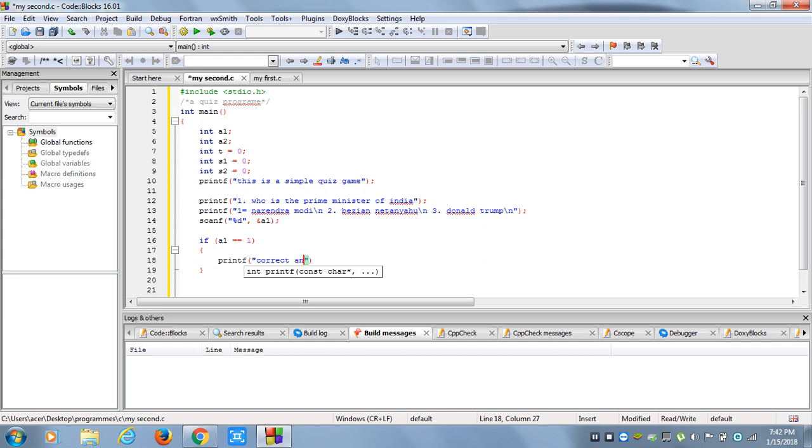And now you have to write the correct answer, and here you have to put a semicolon. So it will print out this, but what will be its statement? So its statement will be, you have to write above it,